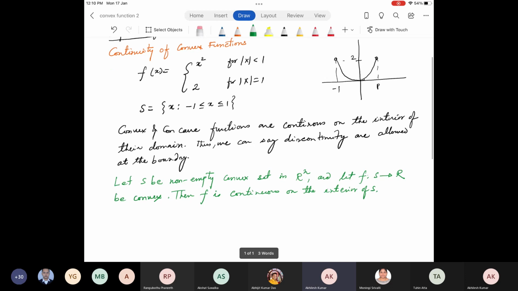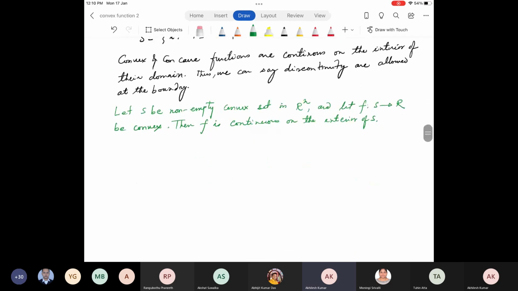Next important thing is, many a time when we are trying to find optimality criteria or computational procedures, we will see later when we try to solve using numerical methods, we need to understand the directional derivative, or the direction along which the function increases or decreases. That is of great importance in deciding which direction I should move. So there is the concept of directional derivative of a convex function.